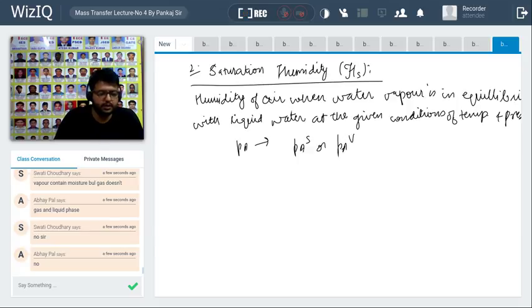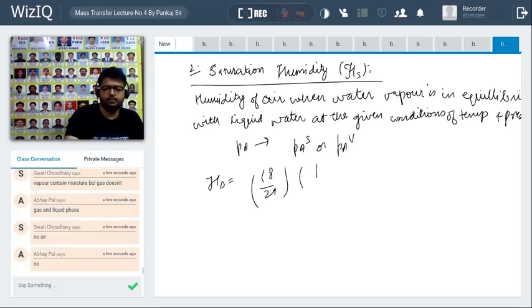Usually the saturation pressure is the term which is used for organic solvents, and vapor pressure is the term that is used for water, but both of them can be used interchangeably, they mean the same thing. Okay, so formula for HS becomes 18 upon 29 into PAS upon P minus PAS. Okay,